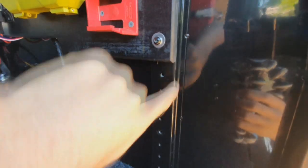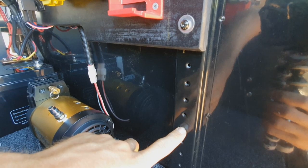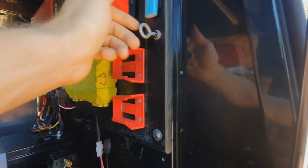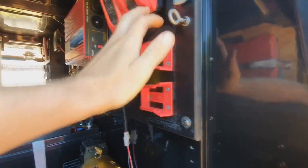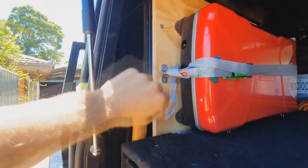With this canopy, it does have this internal bracing all the way along and down each side here, so there's three, one on each side and then one in the middle. M6 tapped holes all the way along, which is how I've mounted this main 12 volt board. This has been super handy because just to be able to get an M6 bolt or these tie down points here that are also threaded and use that to hold anything on the walls has just made life a lot easier. So as you can see by that one, just a bit of plywood with 2 bolts, top and